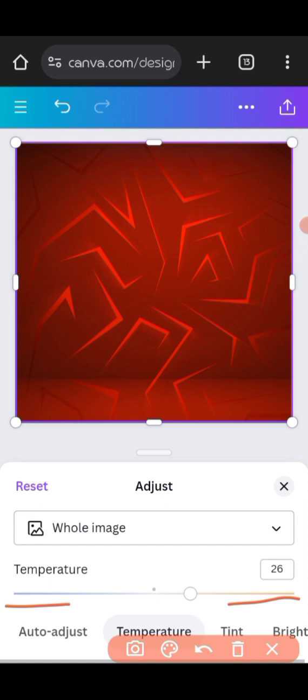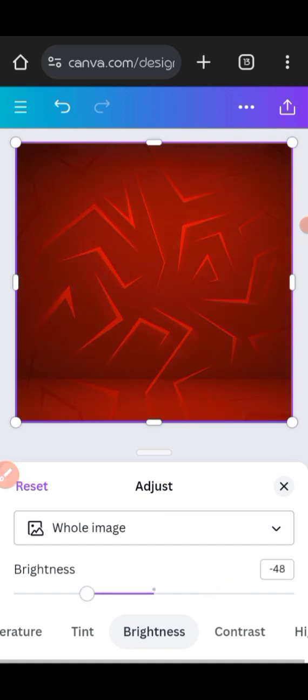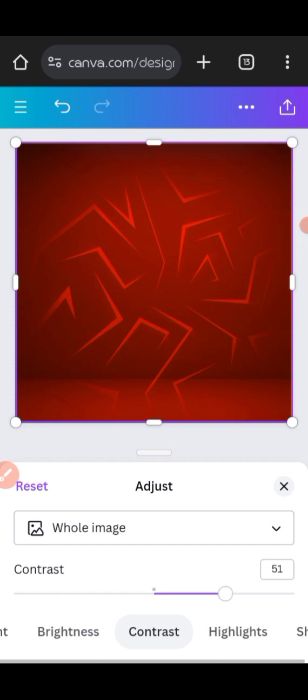Warm colors like red, yellow, orange, you see, you want to go to this part, right? But for cool colors like blue, green, you want to go for this part. Green and purple, I think. Yeah, no, I think I know. Okay, brightness, you do like this. Reduce brightness, contrast,